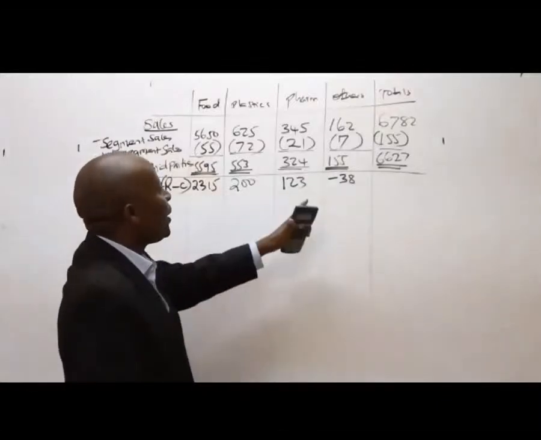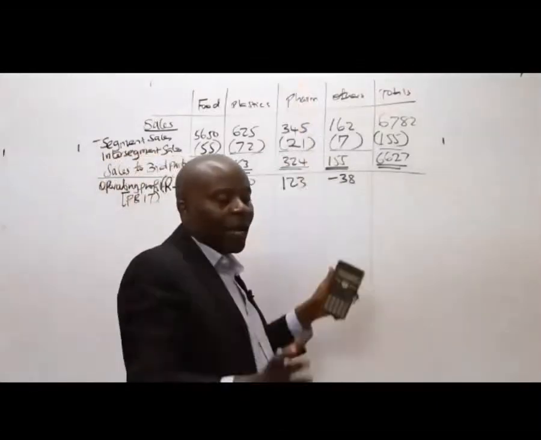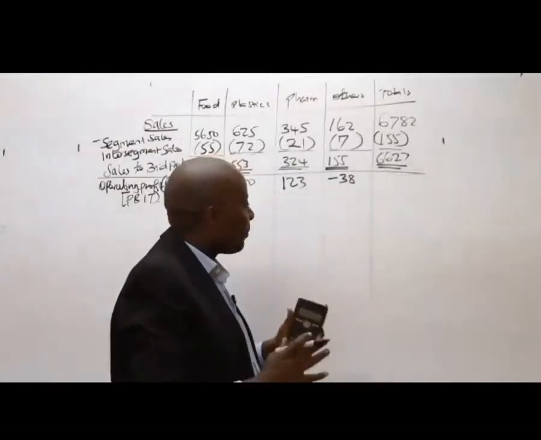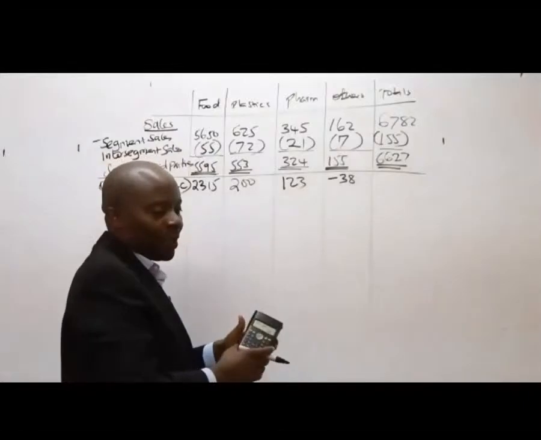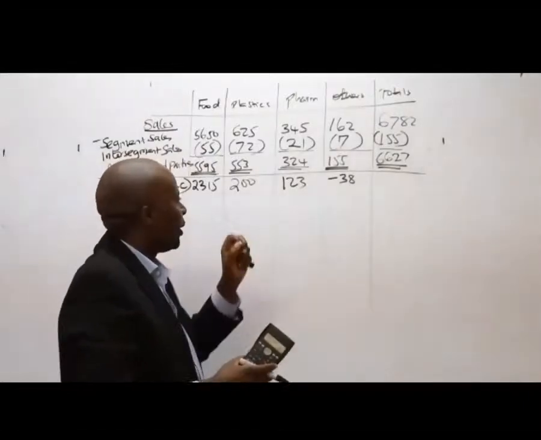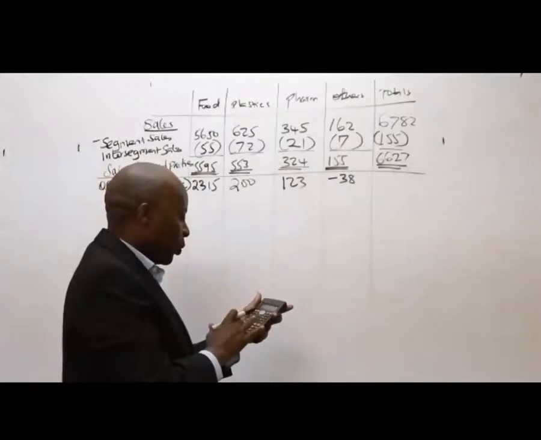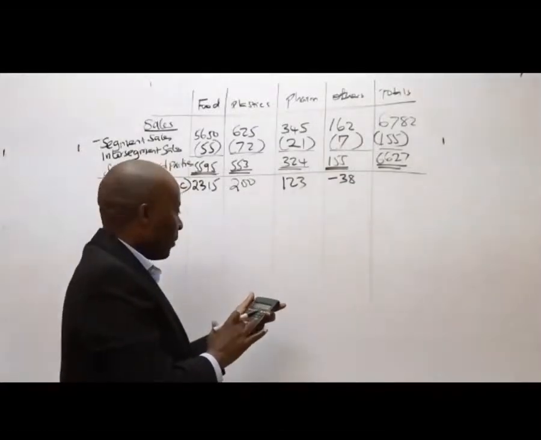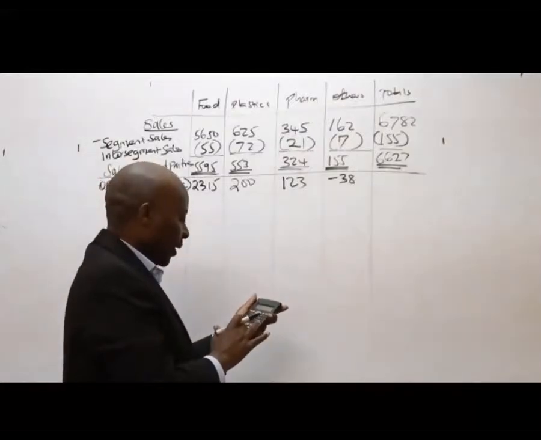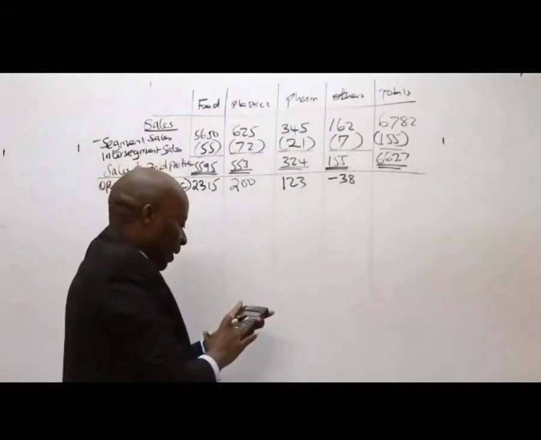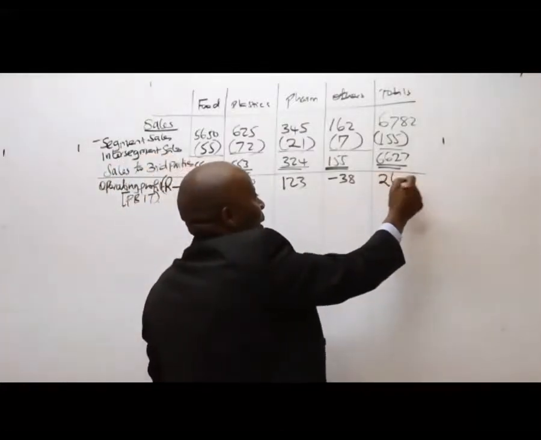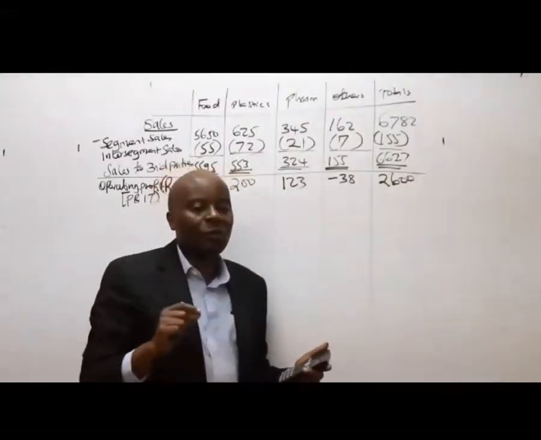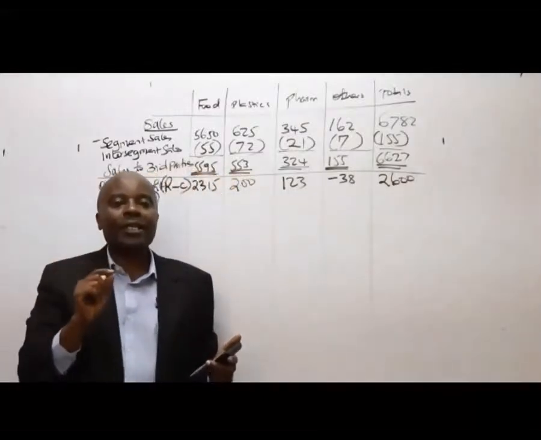the total operating profit for the entire organization, which will be as a result of adding the 4 actually. So we have 23.15 plus 200 plus 123 plus, of course, this negative answer. So what are we getting here? We are getting 2,600. Ladies and gentlemen, remember, the moment you get this operating profit, what are you against also?